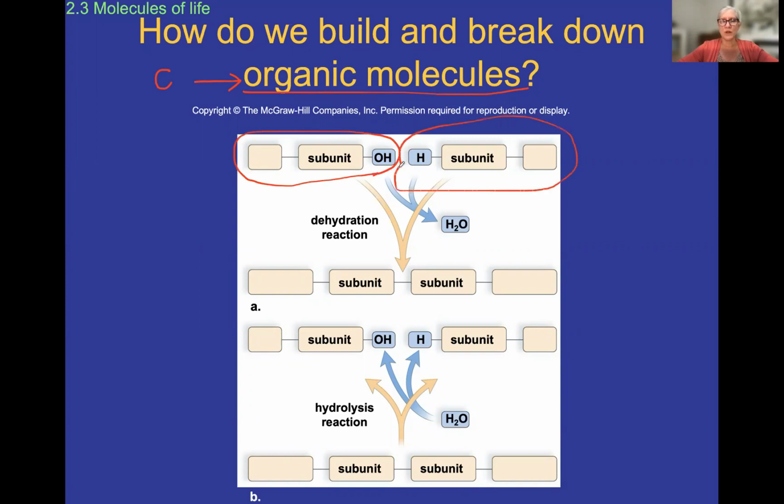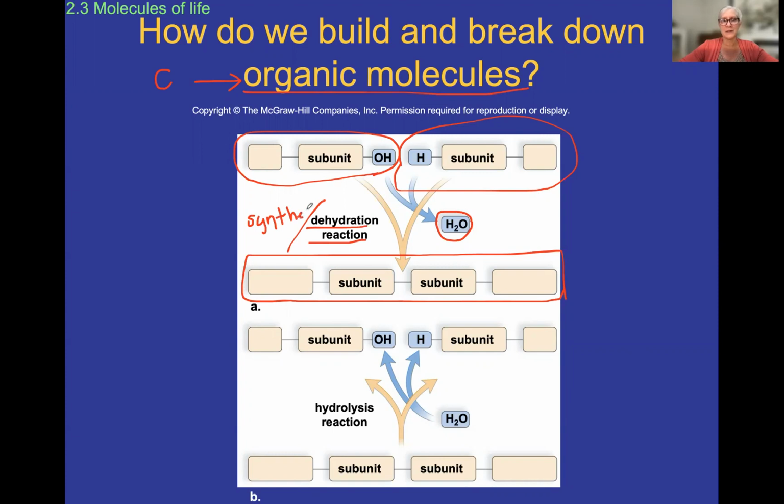And we're going to do what's called a dehydration reaction. And now we've built a molecule that has two subunits attached. When that happened, you see a product that ended up coming out, water. Or dehydrating in order to build. Sometimes this is called a dehydration synthesis reaction. So your textbook is calling it just a dehydration reaction, but dehydration synthesis can help you remind you that it's